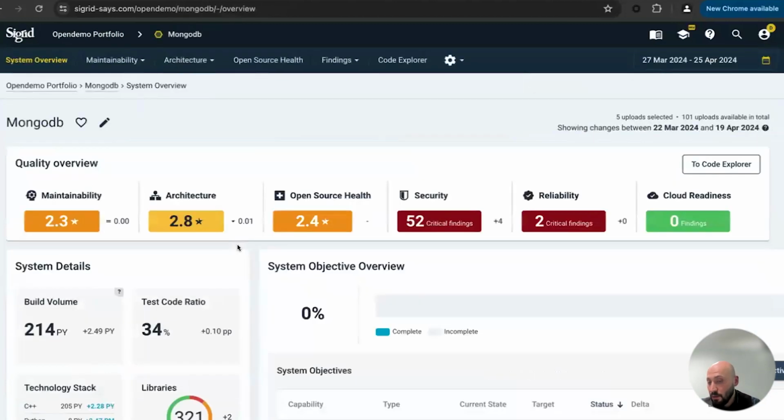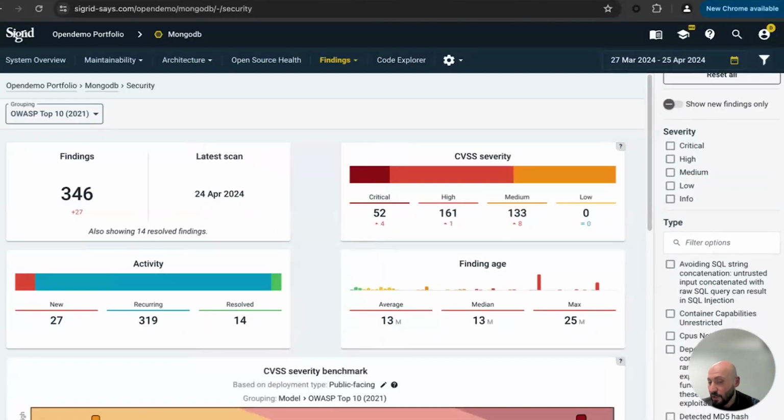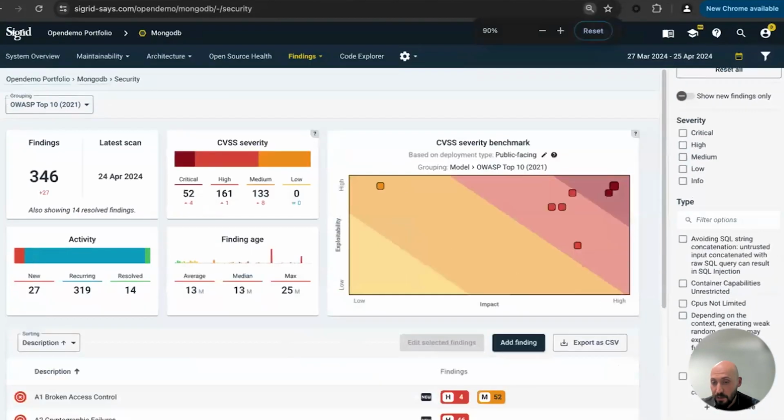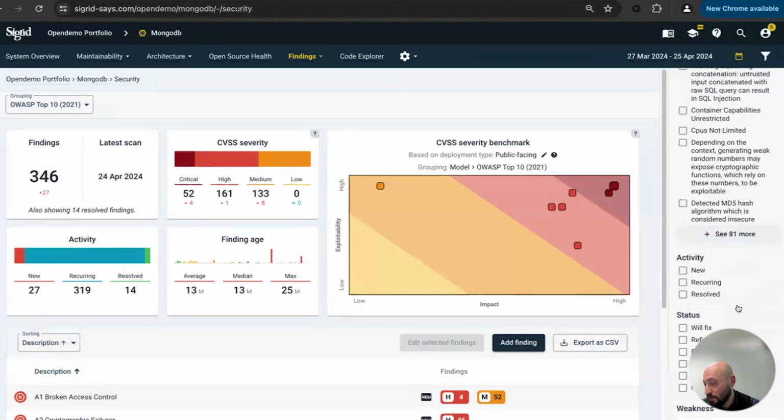So if I click on that particular system here, it also gives me a dashboard of the exploitability factor and the impact that the specific finding could have. There are multiple ways of filtering here that could narrow down all the findings that you have.